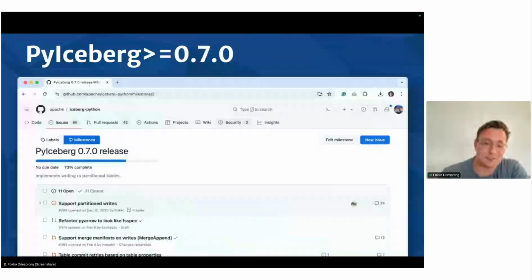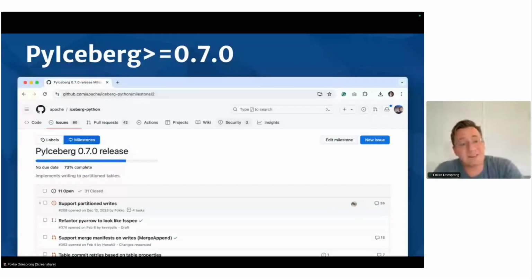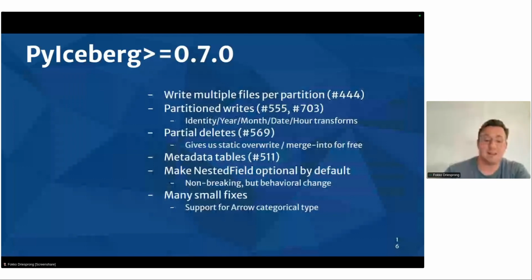Looking forward, if you're interested, please check out the milestone. We try to keep it updated. The biggest things in there are writing multiple files per partition. This has been implemented by Kevin from Stripe. It's a really great